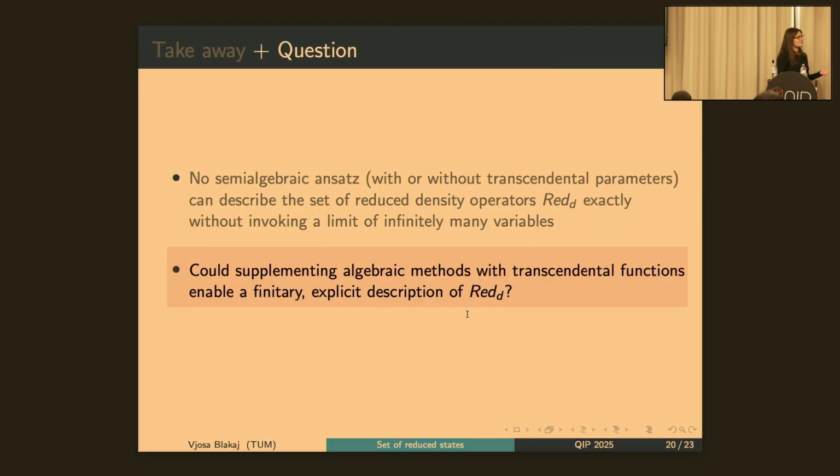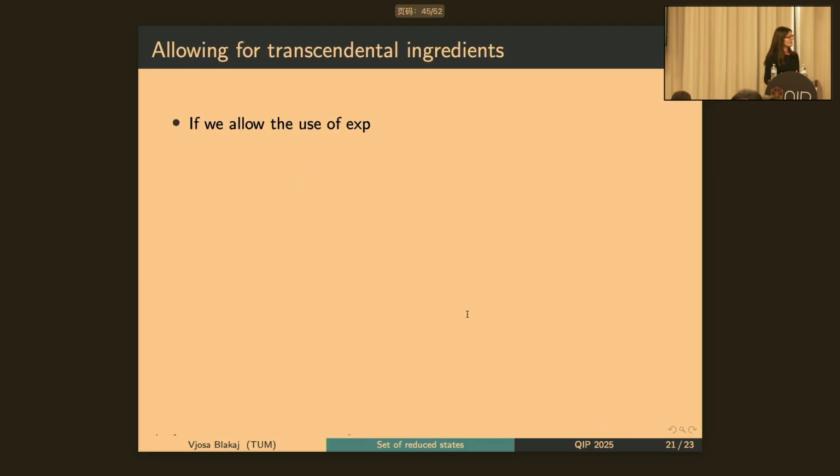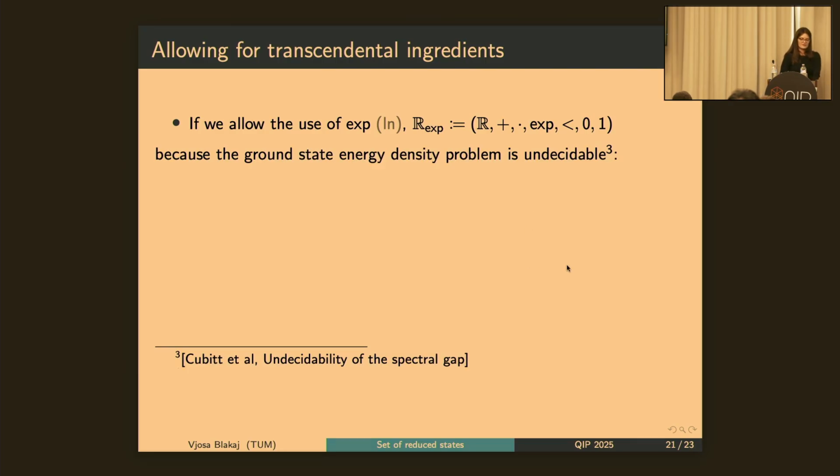But a natural question to ask is, OK, so I want to not only use polynomials, but what happens if I allow to use some transcendental functions? We also studied this question. And okay, let's say that we want to use some transcendental ingredients and we want to allow the use of the exponential. Because we allow the exponential, implicitly we also allow the logarithm. And now we are working over the field of real numbers, but we expand it with the use of the exponential function. And because of this very powerful result, which says that the ground state energy density problem is not